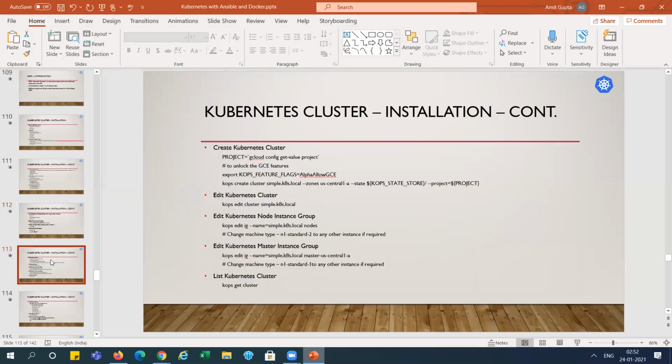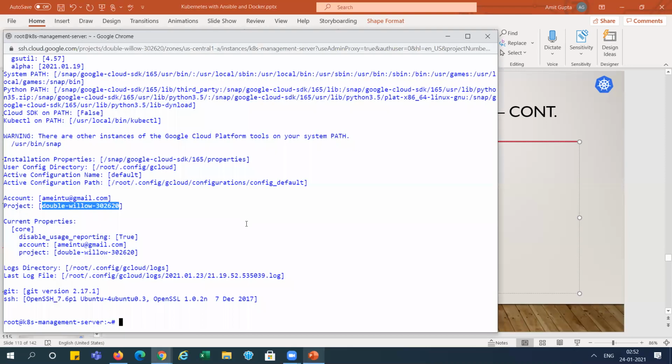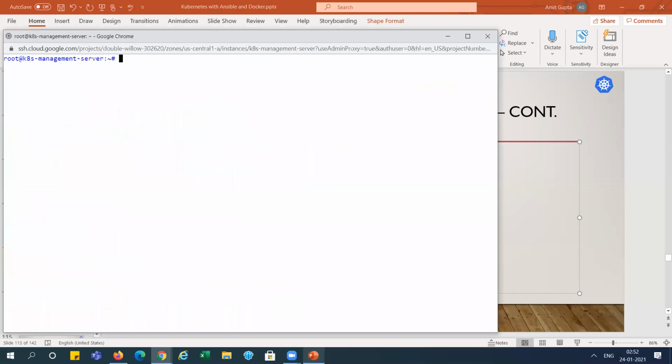Let me go to the next slide. You can see here we are setting our project, right? So just before the Kubernetes cluster create command, we need to set our project. So I am going to set it here. Let me clear it.